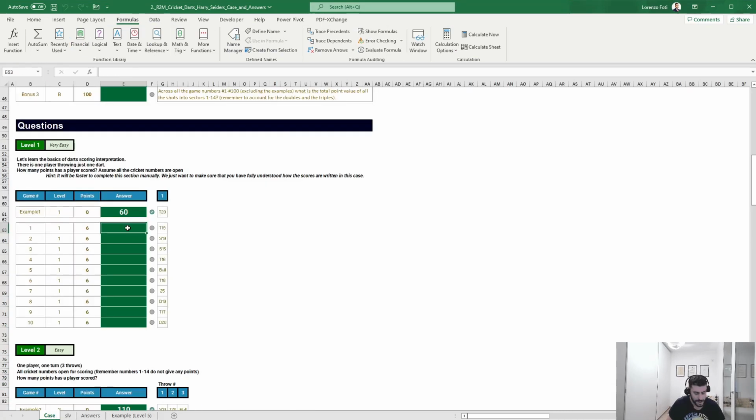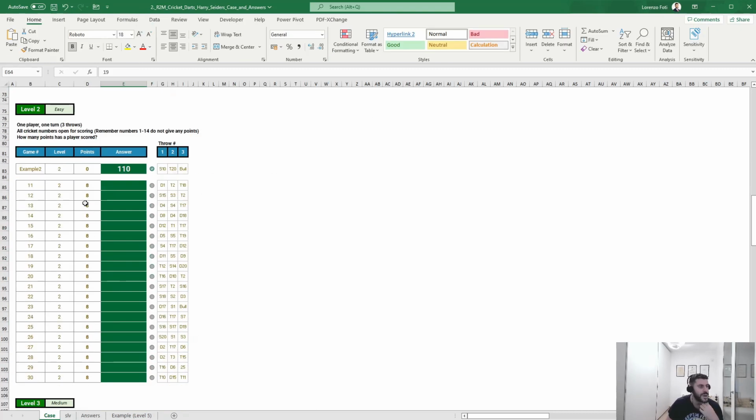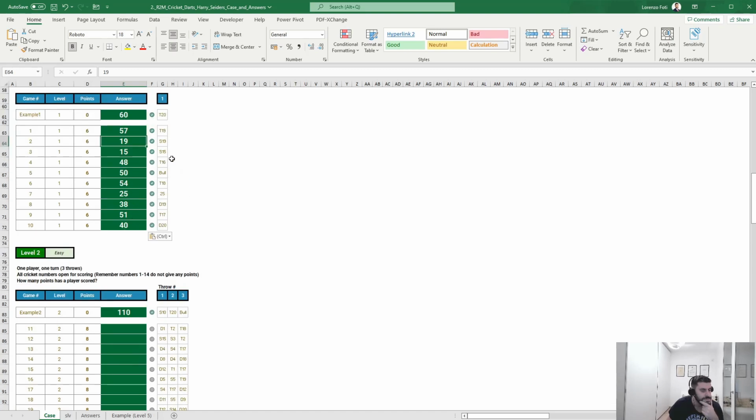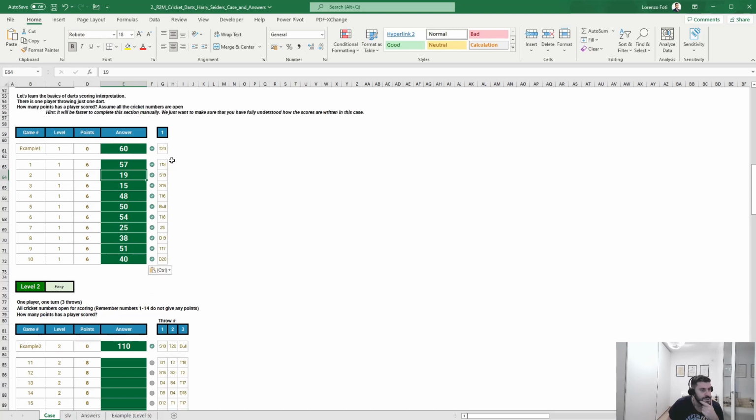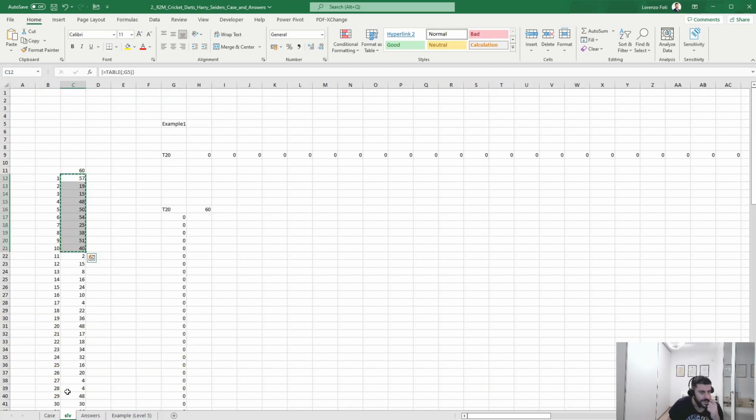Should be right. Okay. So now level 2 asks to do the same, but for 3 shots. You also need to consider that the shots 1 to 14 do not give any points. So level 2, I could just do like this, but I will probably get errors in case we have